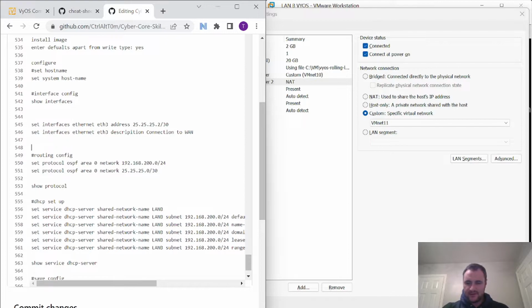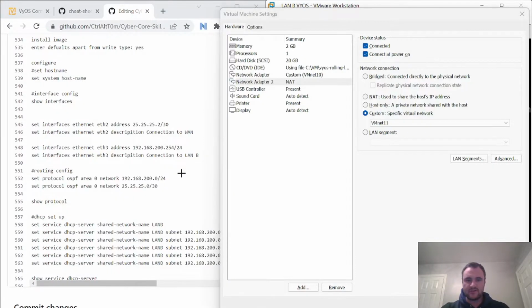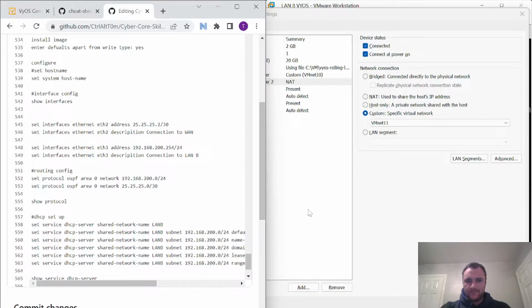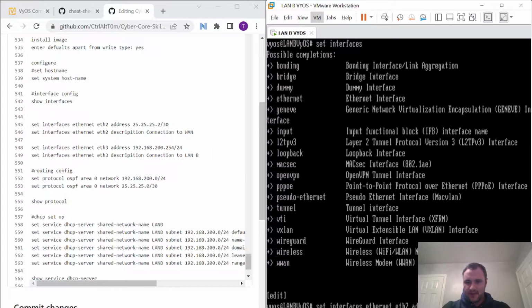change these notes around. You might notice my additional plugins for Chrome, but hold on. 2 for the WAN, 3 for the LAN. Cool. So that's if you wanted to set up the same exercises I'm doing using the same diagram. Cool. So press OK on that, and that'll take a little minute to kick in. And then what we want to do is set our IP addresses. So we said Ethernet 2 is our WAN connection,